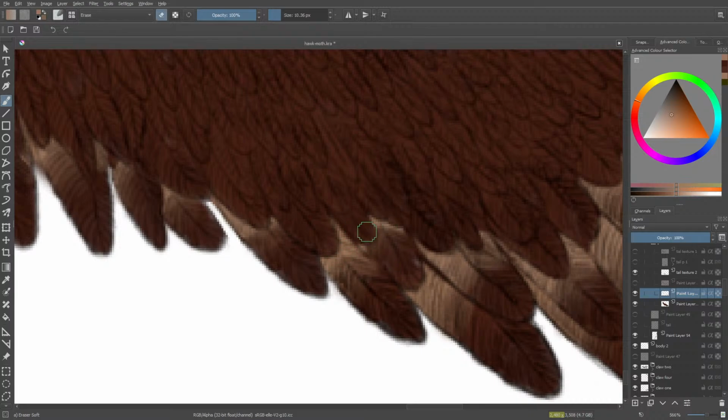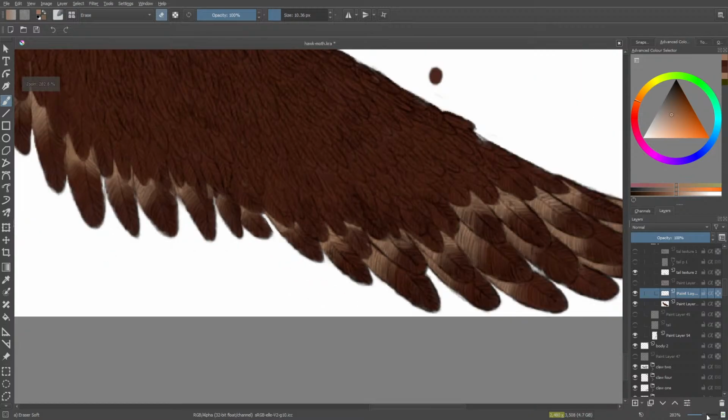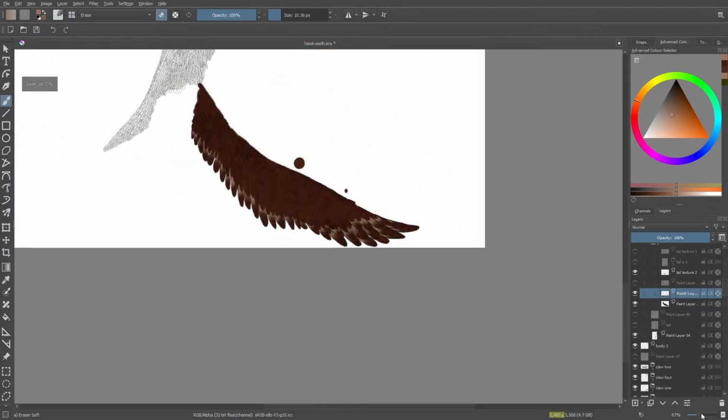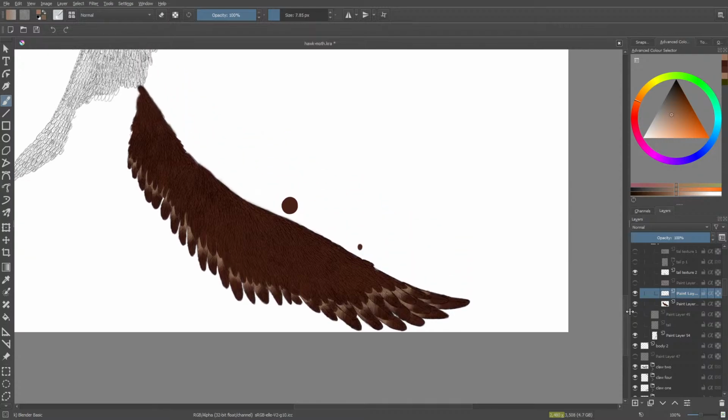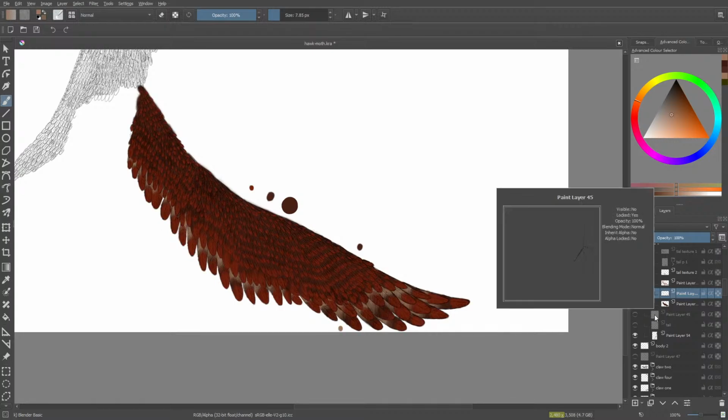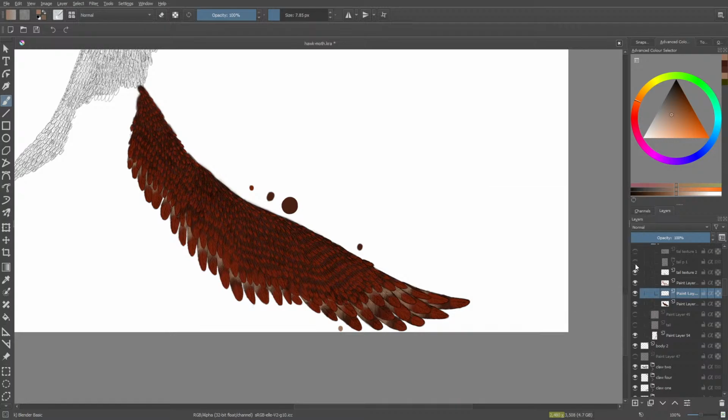Anyway, so let me just take a look at it already. That looks nice. Look at it. Look how nice it's already looking. Look how nice this already looks. That feels like a real wing, you know, that feels like a real bird wing. And then when you add the red on it, it will look even better, but then I need to make